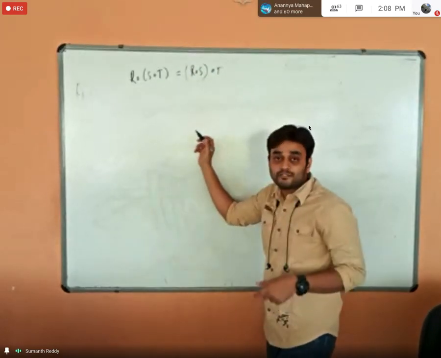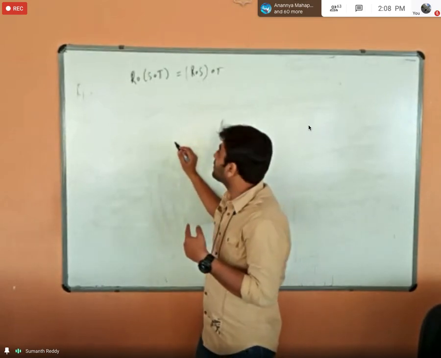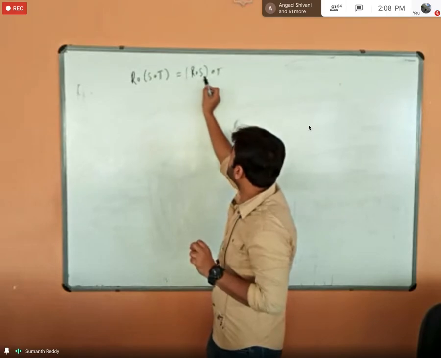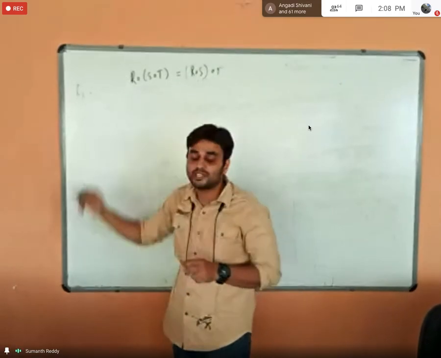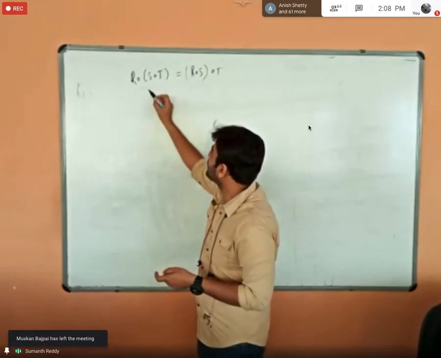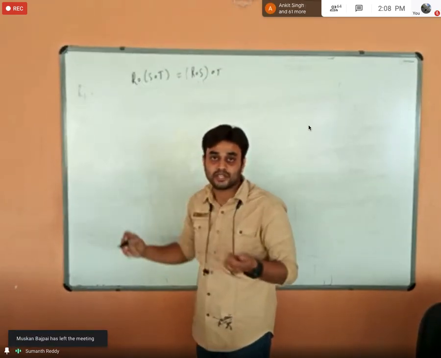Okay. In fact, if you observe this, this is also the associative law, right? Because R composition of S composition of T is equal to R composition of S composition of T. In fact, actually, we are proving that it is associative or not. Okay, which one we are proving? We are proving that the composition of relation is associative or not.